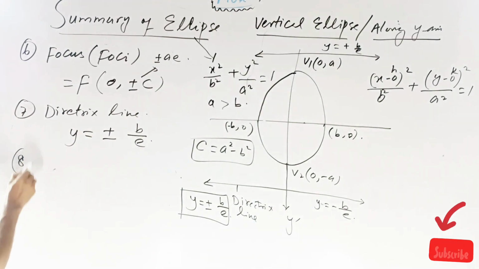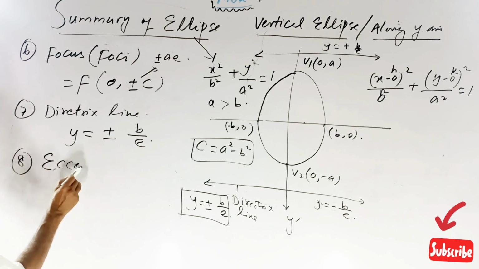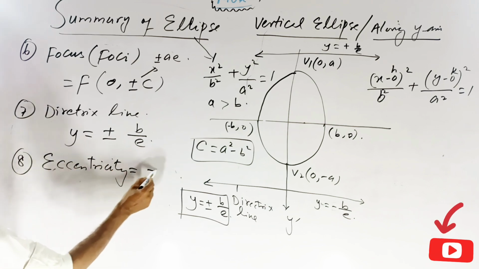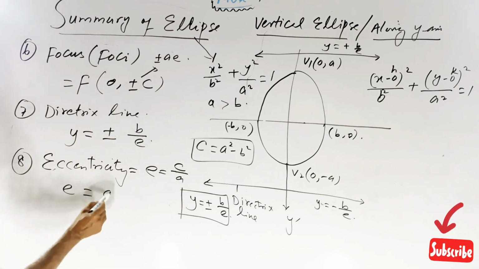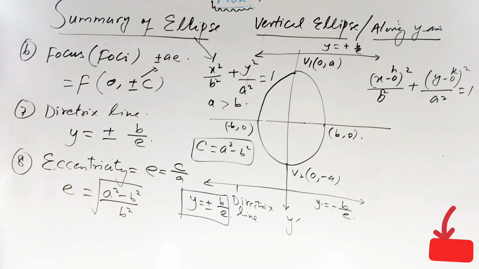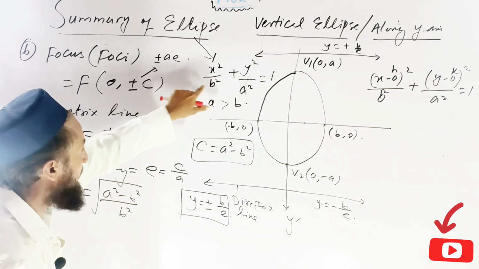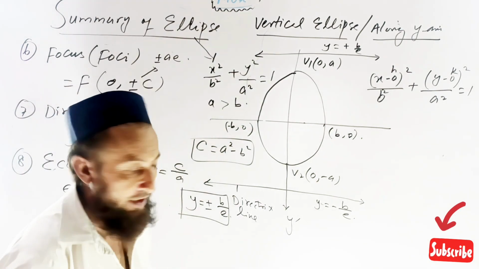And 8, eccentricity. If we are finding eccentricity, it is denoted by e, its formula is c divided by a, and here the square root of a square minus b square divided by a. So the last one, if we are finding latus rectum,